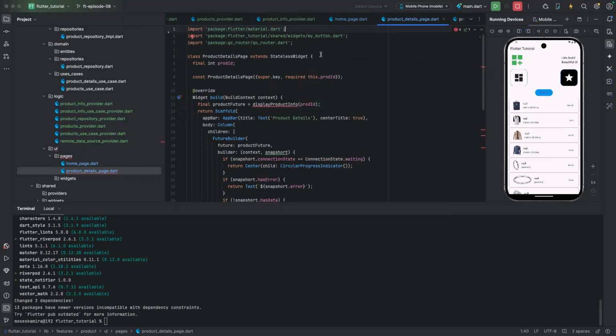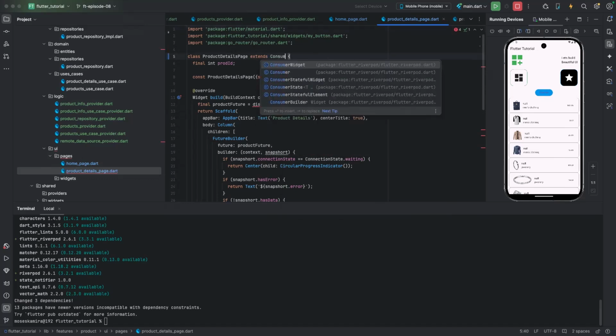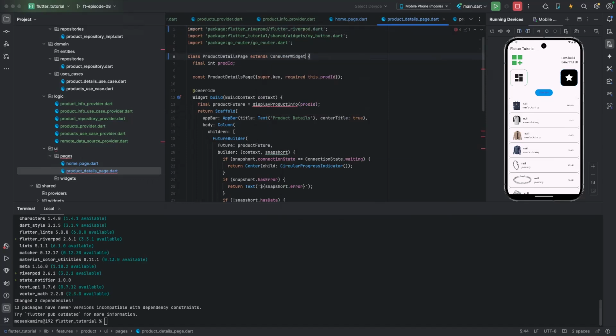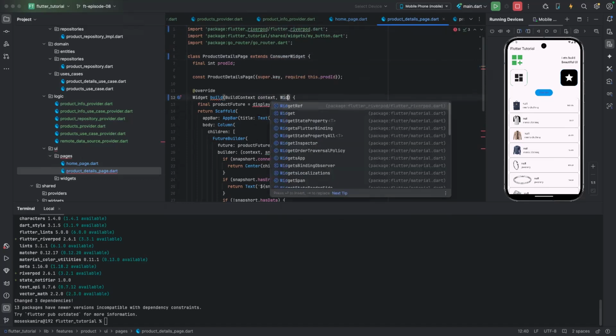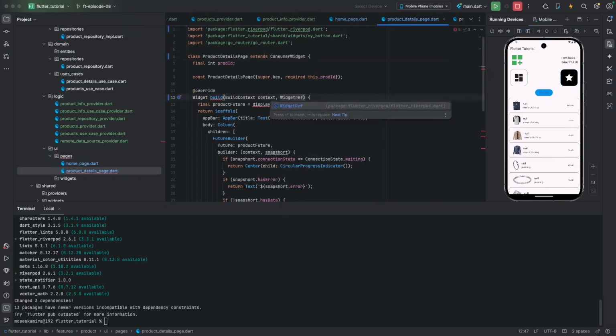But for this case, we treat it like stateless, so it's the consumer widget. Consumer widget. And as before, we need a WidgetRef, ref, and our product future is going to be